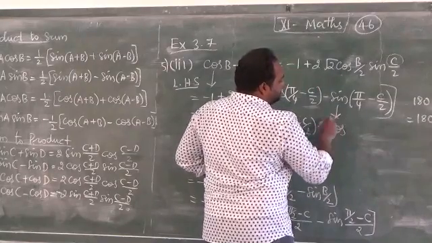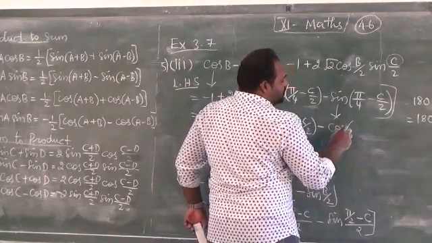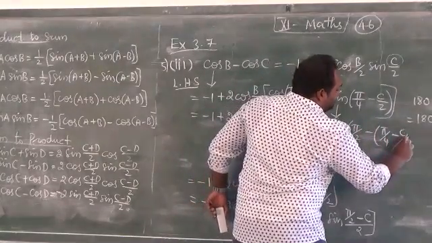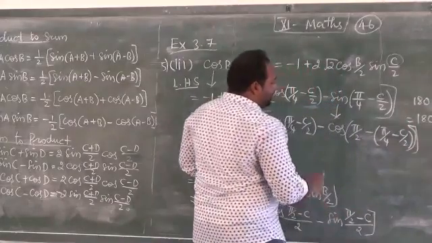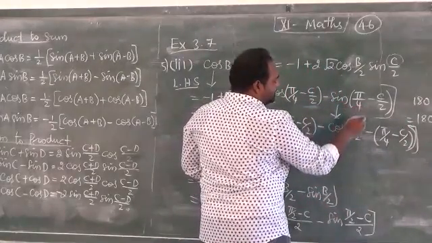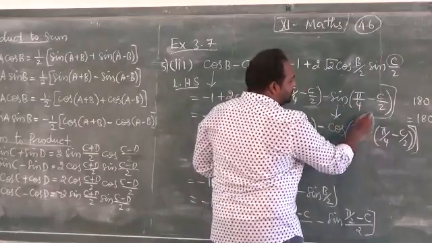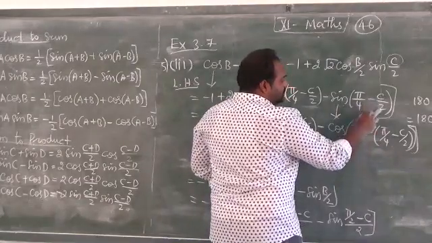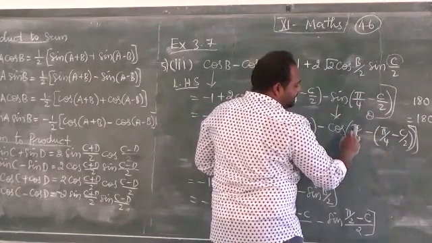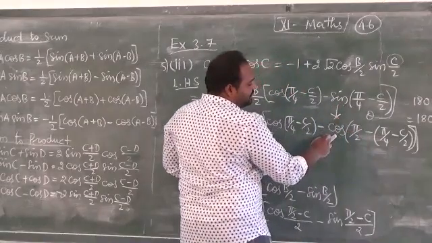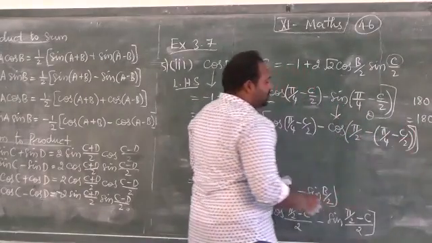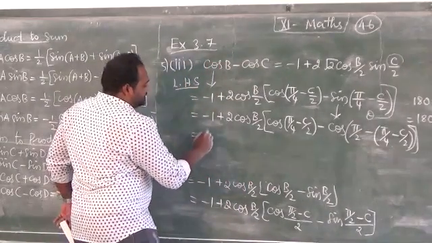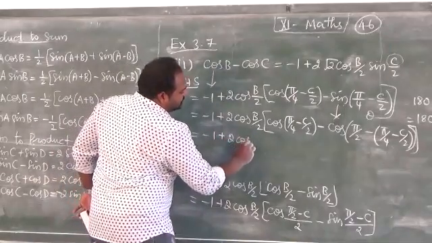cos of, I have changed sin into cos, but when you have changed, pi by 2 minus of pi by 4 minus C by 2, listen carefully. I am just changing sin theta into cos of 90 minus theta. This whole thing is considered as theta, 90 minus theta. So don't be confused here, it is 90 minus theta. So sin theta can be written as cos of 90 minus theta, because we have to use the cos C minus cos D formula. Next, minus 1 plus 2 cos B by 2